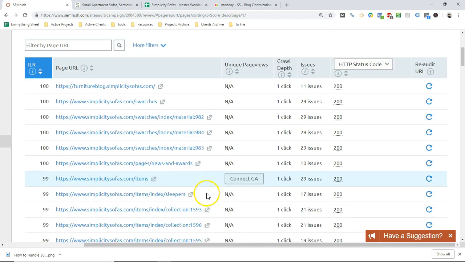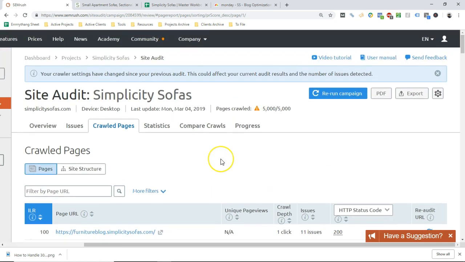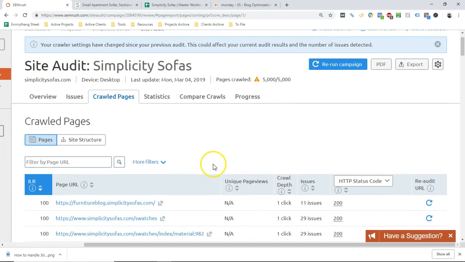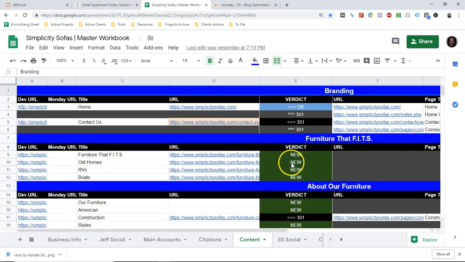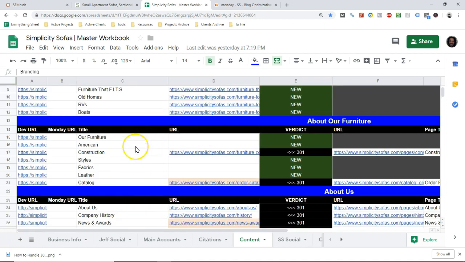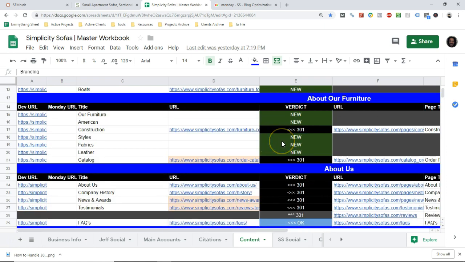And this one didn't need any extra, because in addition to the 300 fabrics and whatever else, they also have something like 500 samples. There are lots of different pages within the site that all need to get redirected to the proper places. So there are the blog posts, and we're also creating a variety of new pages specifically for SEO, like furniture that fits old homes, furniture that fits RVs, furniture that fits boats, American made furniture, and a variety of other pages that have to do with funnels and conversions and things like that. Now